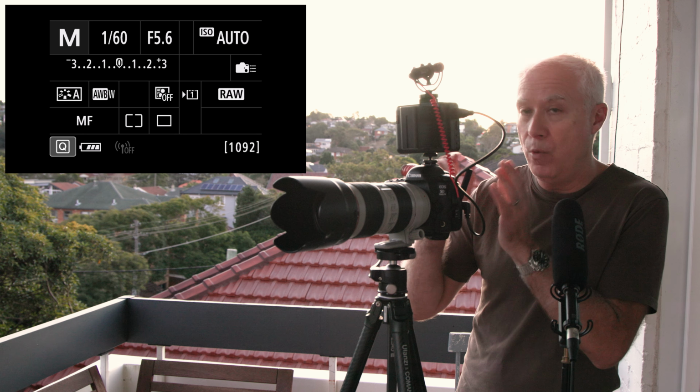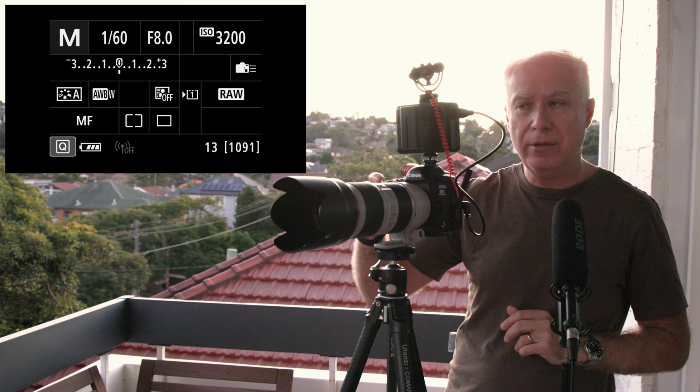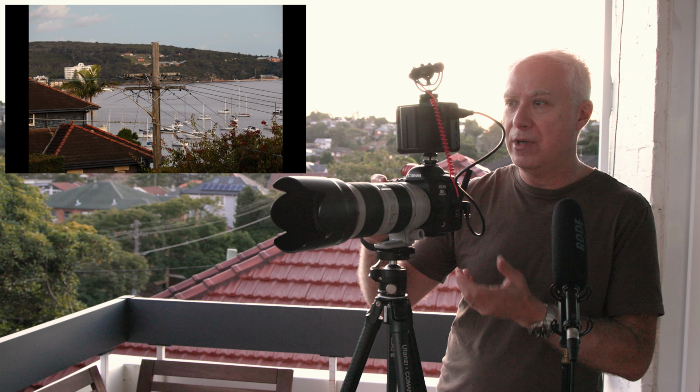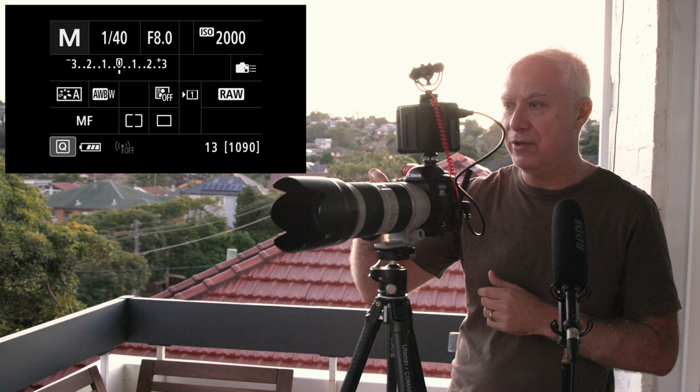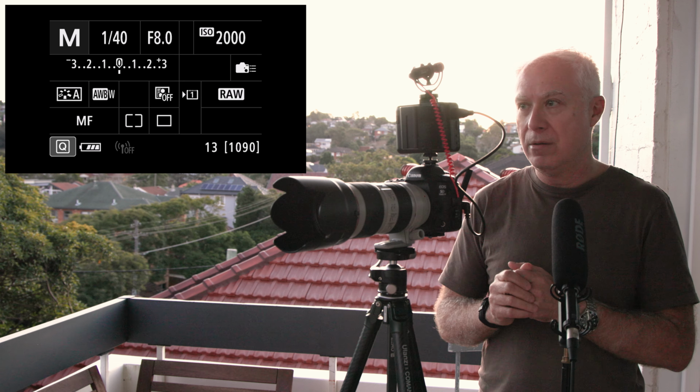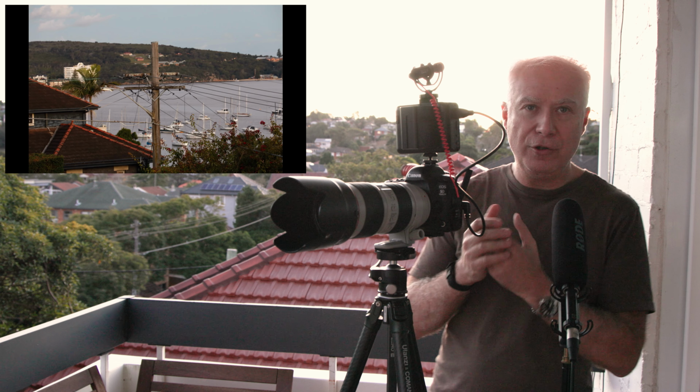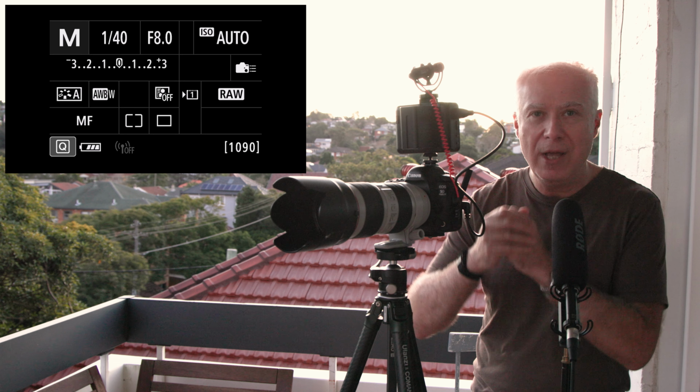Now let me go and change some of the settings. Let's go and change that to, say, f8. That's it. I'm just going to take a photo now. What? And the photo is correctly exposed. Let me change the shutter speed to 1/40th. I'm going to take another photo. And the photo is correctly exposed. Okay, so